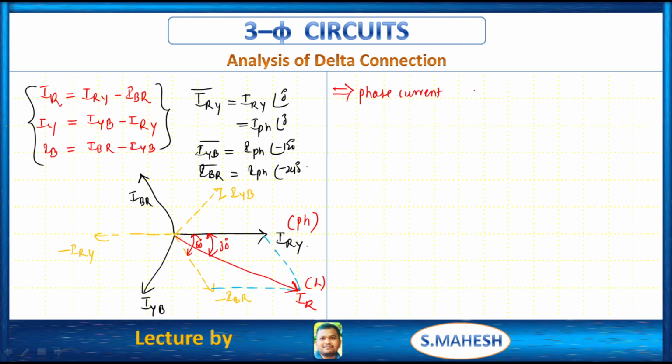Phase current leads line current by 30 degrees. In case of star connection, line voltage leads phase voltage by 30 degrees. Here phase voltage leads line voltage by how many angles? 30 degrees. That is, line current lags phase current by 30 degrees. Or you can say